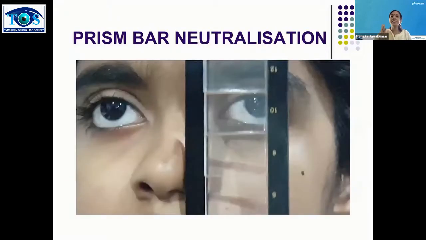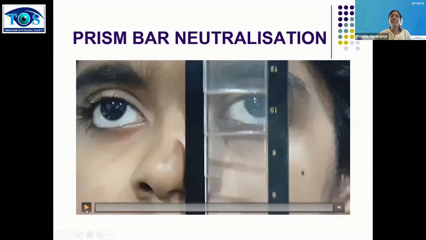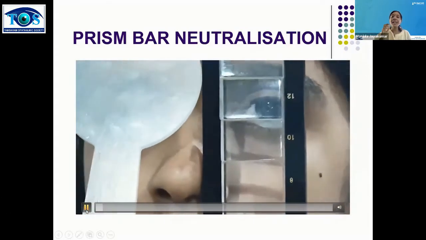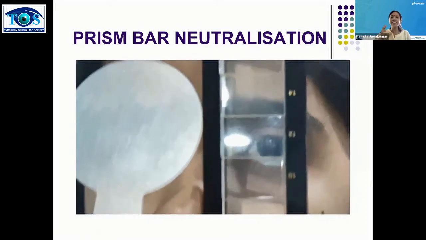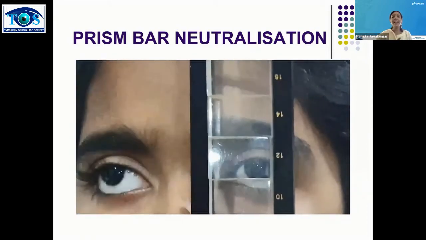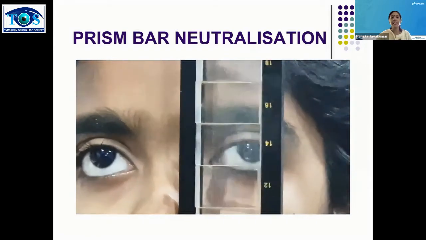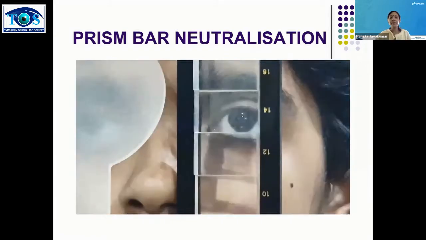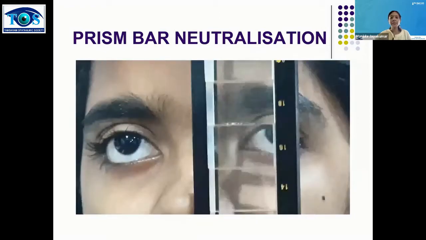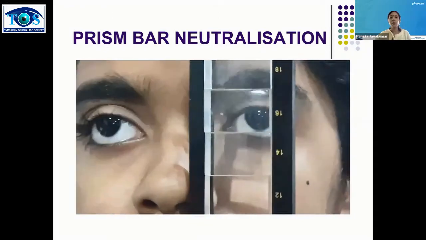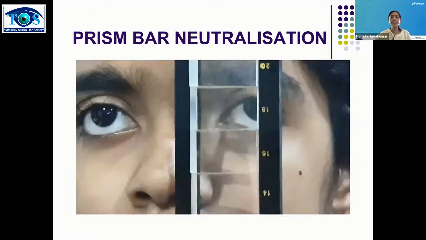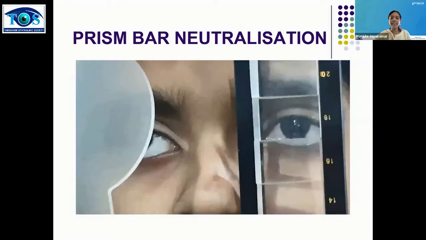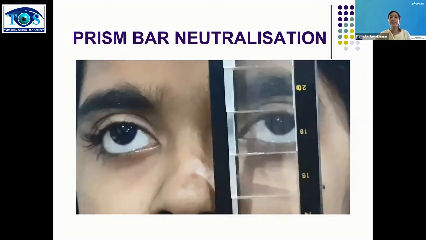The next thing is prism neutralization. Once you know whether it's a phoria or a small intermittent tropia, you will have to assess or measure it, and that is done by your prism bar neutralization test. So as you keep your prism on one eye, in a child, it's a very good test. Look at the refixation movement on the other eye. Still there, that means it's not corrected. 16 prisms. Base out. Yes, base in, I'm sorry. This is an exo, so it's a base in prism. Again, there is still movement, yes, 20.